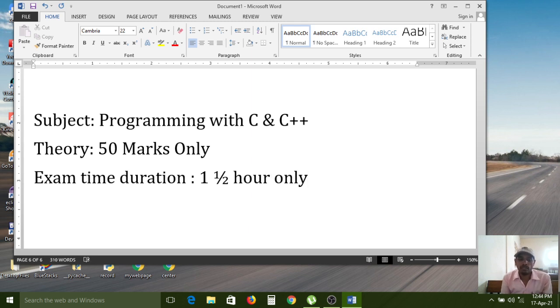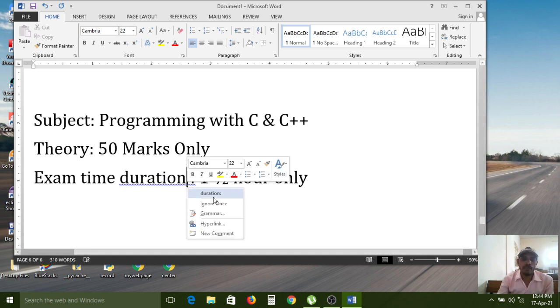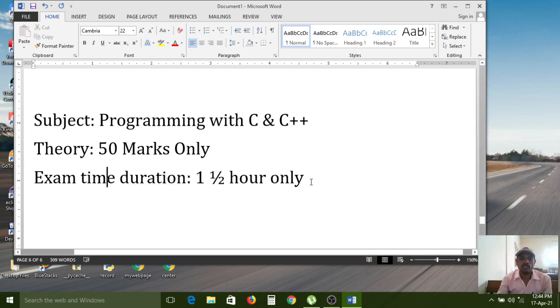Similar to FIT. The FIT subject exam duration is what? 1.5 hours only. This is also a computer subject, so it also has a 1.5 hour duration and 50 marks only.